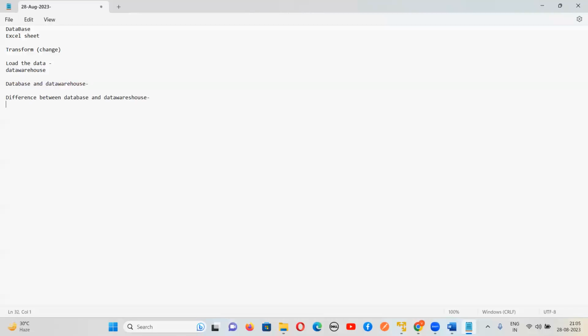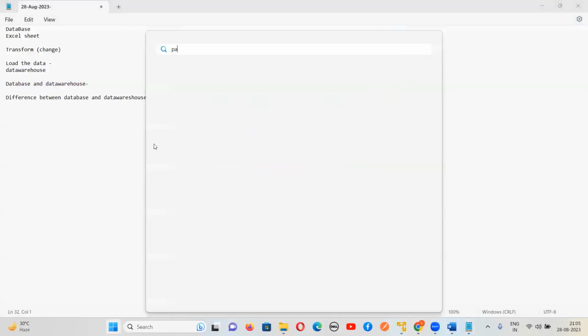Yes. Databases are basically OLTP systems where transactional data will be loaded. And data warehouse will have OLAP data, where a complete pool of data from different databases, all transaction data, will be stored at one place, with all the historical data. Yes, guys. So now, let us understand database and data warehouse. Concepts should be very, very clear. So now, what is happening is,